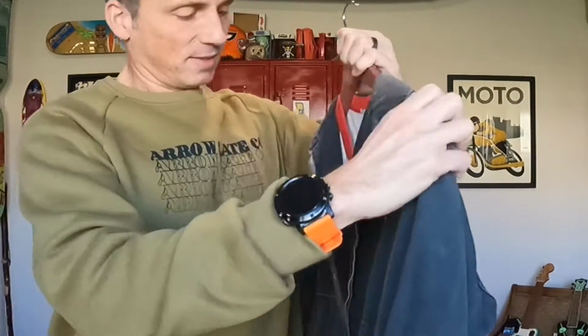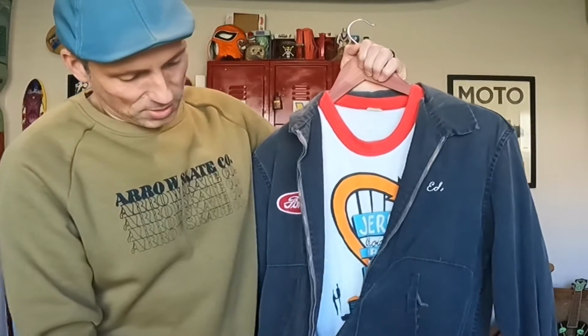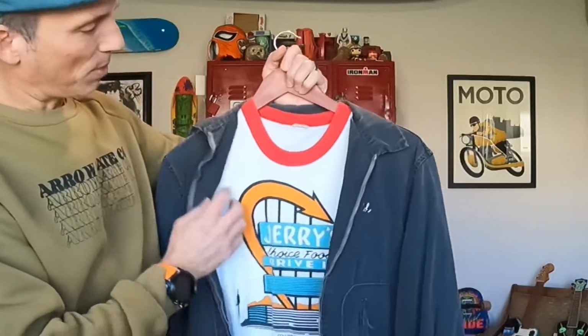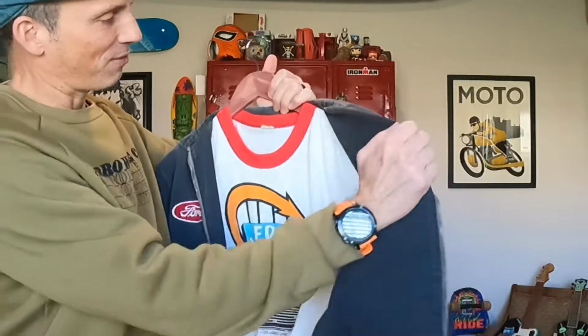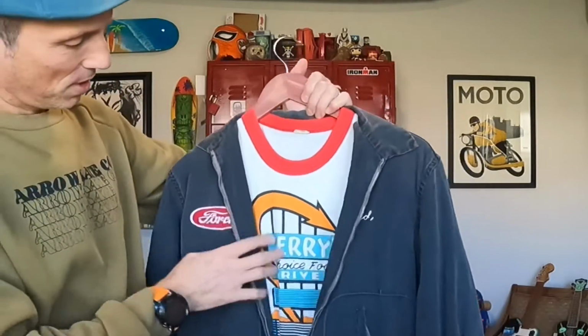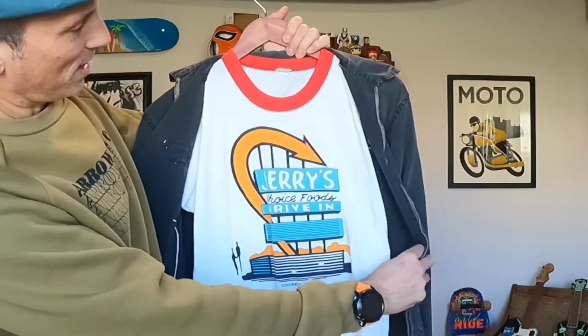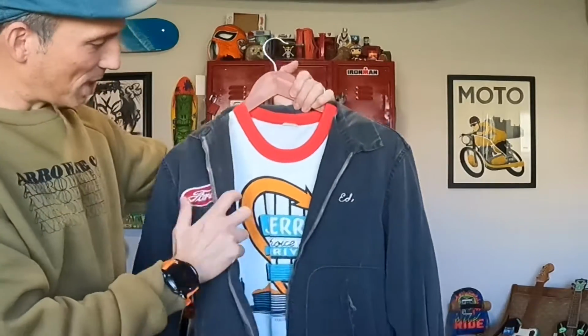Inside, I also have a little something of my own. When I was a kid, my dad would take me to car shows. We had a '64 Bonneville convertible that we worked on together, and we would go to car shows. One of my favorite places to go in Columbus, Ohio was Jerry's Drive-In. Obviously this t-shirt doesn't fit me anymore. I won this in some contest at the car show, but I still have my old Jerry's Drive-In t-shirt, and I put that with my uncle's car club jacket to remind me of my car connection